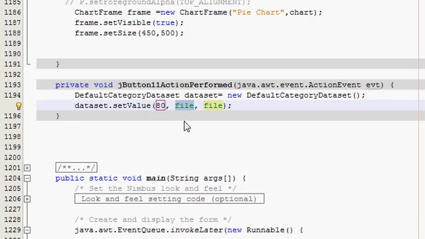In the second field you have to write whatever you want to take on your y-axis. So I want to take marks on y-axis, and in the third field you have to write whatever you want to take on your x-axis. So I want to take student name on x-axis. So for example, 80 marks is scored by student 1,